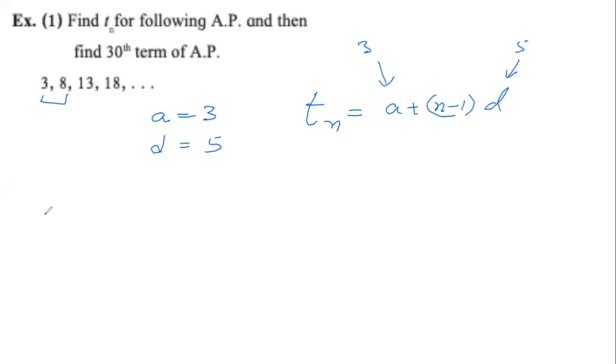Once we have done that, we have to find T30 using the same formula or using this simplified formula, your choice. My suggestion is always use the main formula. Don't create a separate formula for every question. That is not advisable. But in this question, a separate formula is asked.